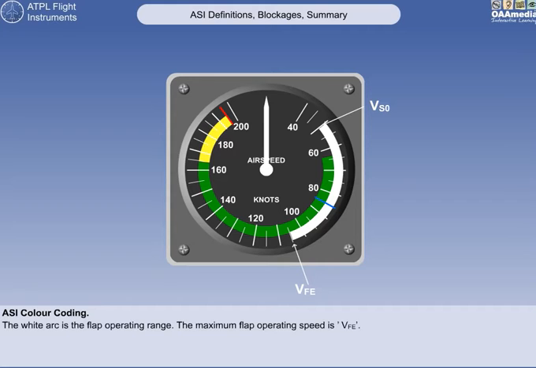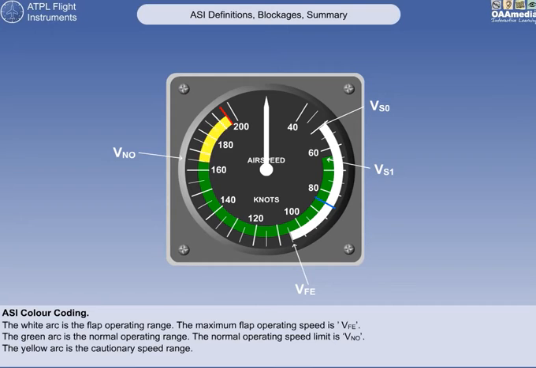The green arc represents the normal operating range. It starts from the speed which is known as VS1, and this speed will be defined shortly, and extends up to the normal operating speed limit, which is referred to in light aircraft as VNO. The yellow arc is the cautionary speed range, which extends from VNO up to VNE, which is the never exceed